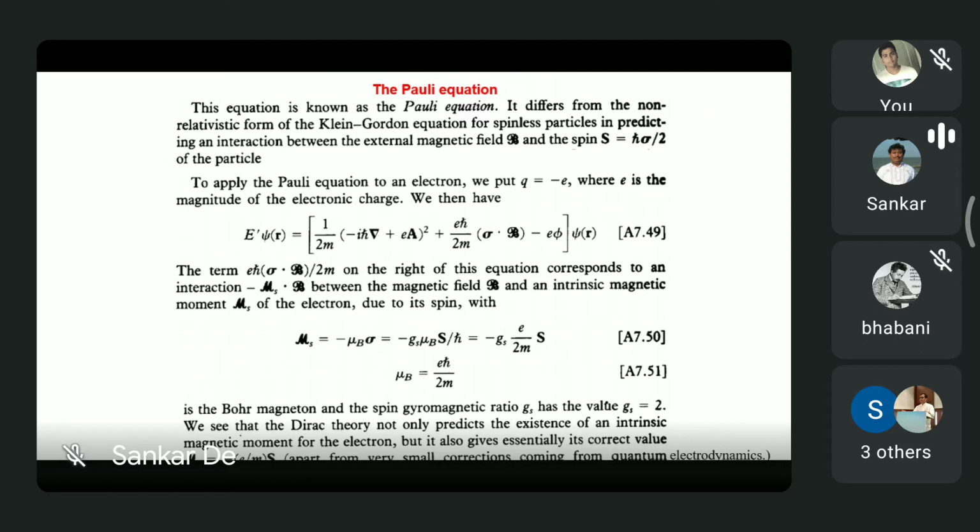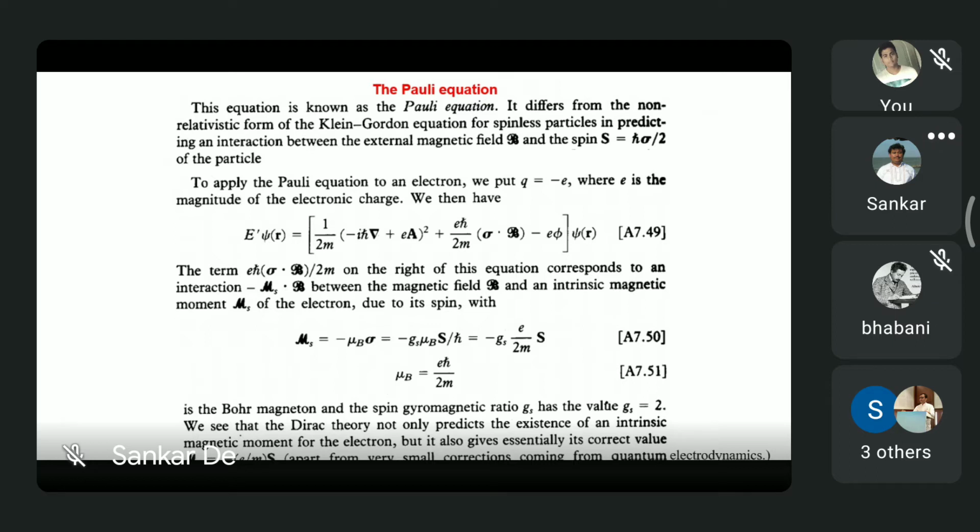Why I'm stressing this: spectroscopy had actually predicted that there was a spin associated with the electron even before quantum mechanics came into the picture. But there was one confusion, because they could predict that but there had to be some basis. They came to know about it from empirical ways, from classical mechanics, considering what will happen if a spin goes around a current carrying wire. We will do all those things when we go to the fine structure.